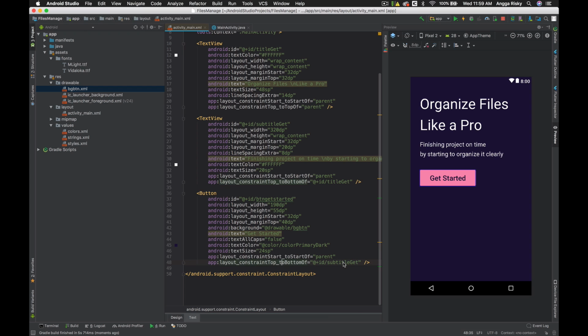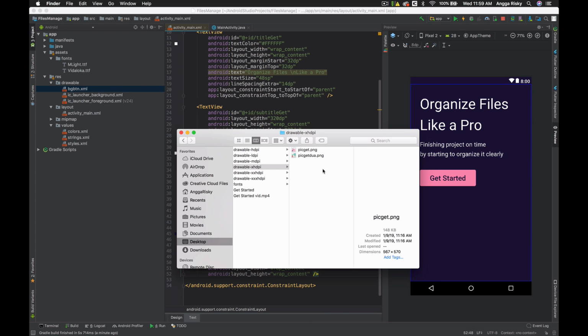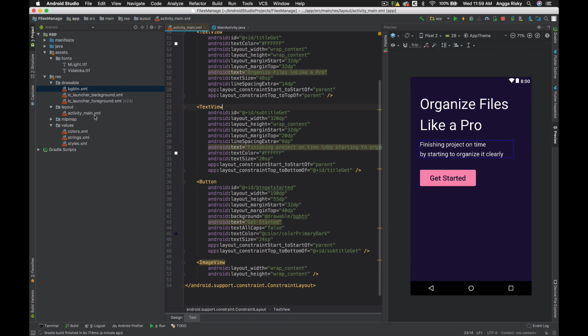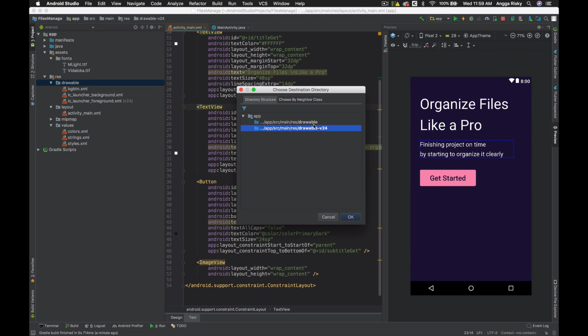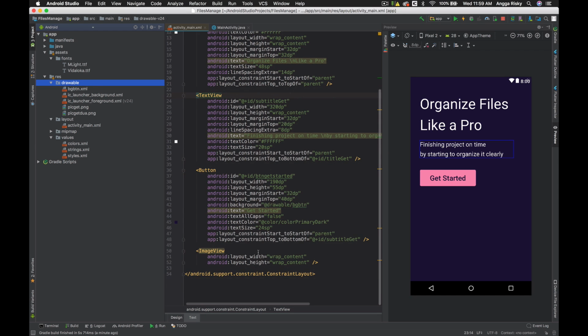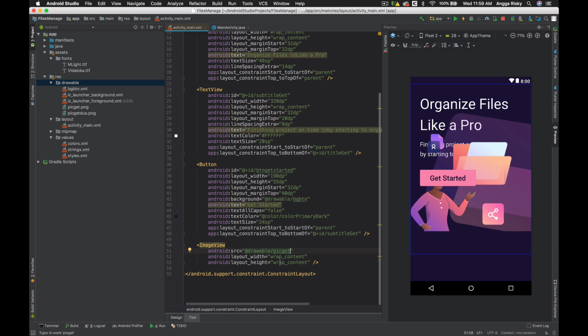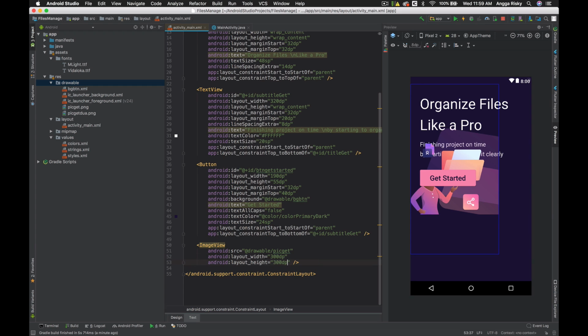And then yeah, this is for the button, and we gotta provide the image view. Now I just want to copy all of them into drawable over here, and like this. Okay, and then after that I just want to give the source like this, and then a pick get. Okay, but it looks so huge, then I have to make it a little bit smaller, maybe just go with 300 dp, and then 300 dp.